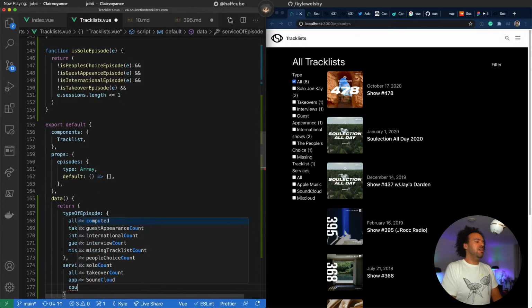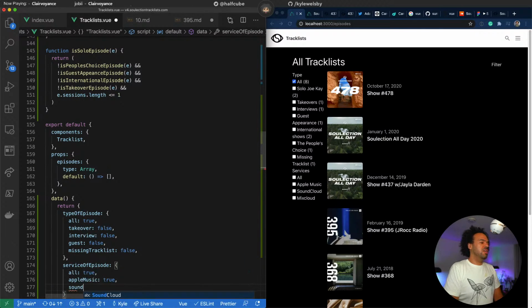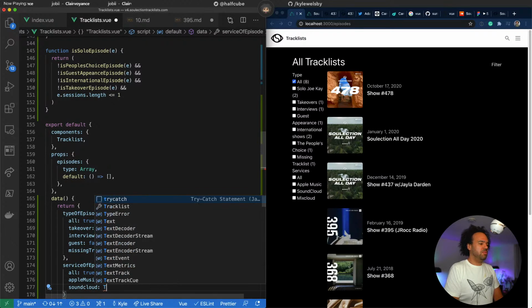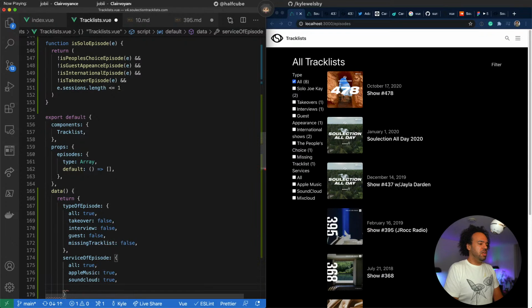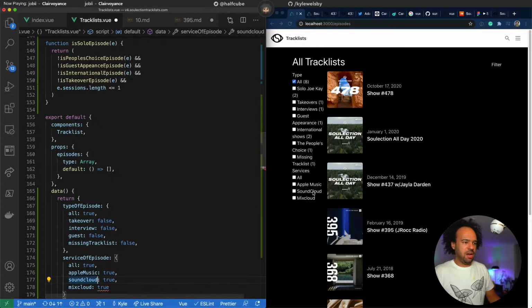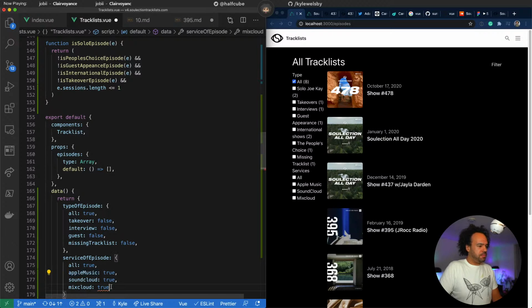SoundCloud, true. Mixcloud, true. Because there's a definite space between that, but SoundCloud is one word, though they capitalize the C. Put that there.